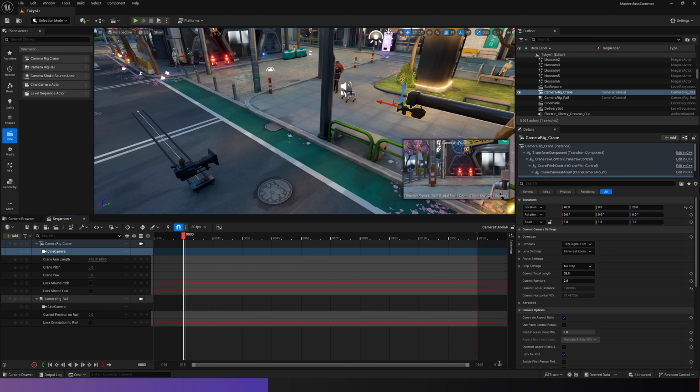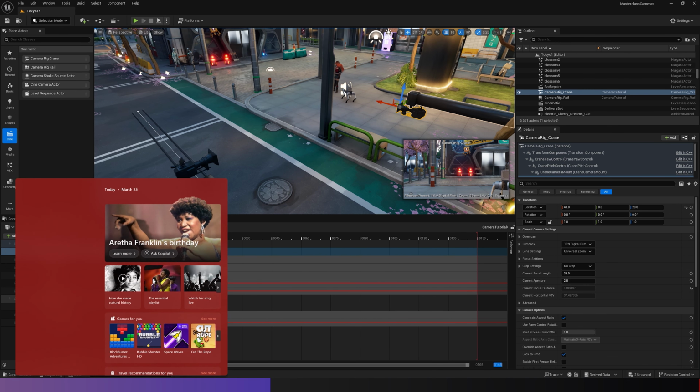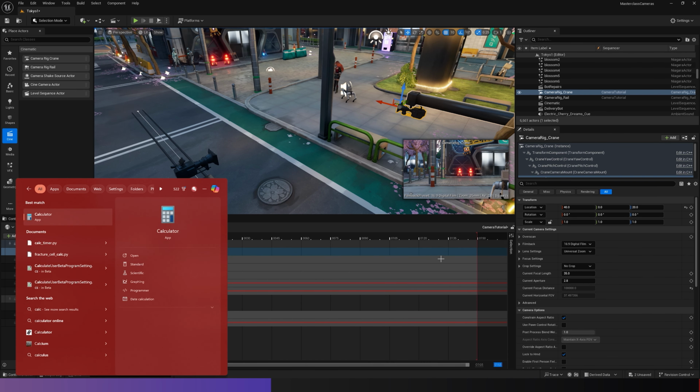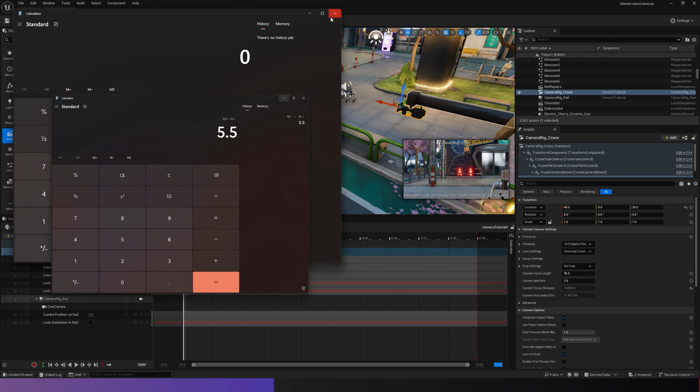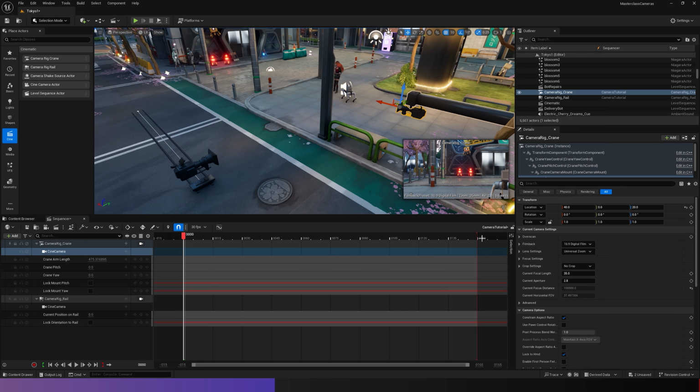So down here where we have our number of frames, which is our working range number, so 165, so let's get our calculator up. So 165 divided by 30 equals 5.5 seconds. So this from 0 to here would be about 5.5 seconds. Well, up to 165. So I'm going to, let's say, do this up to 300, which would be